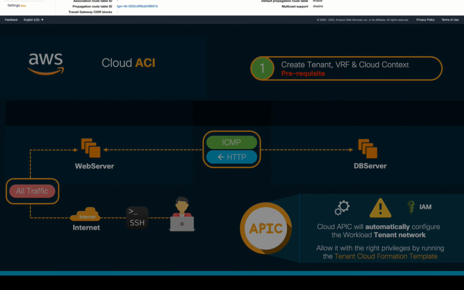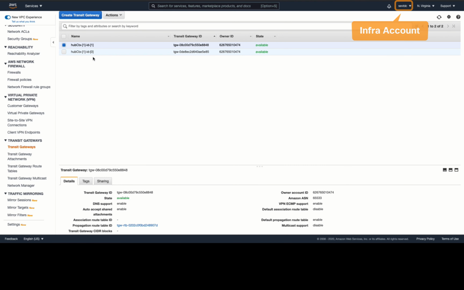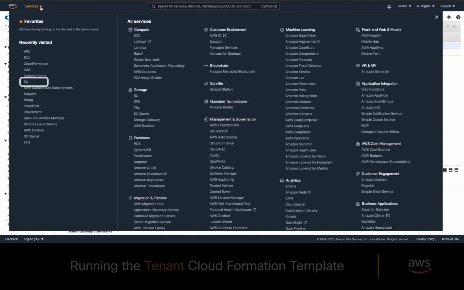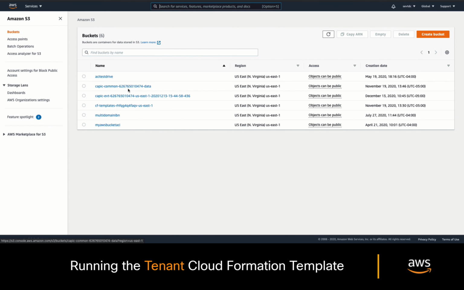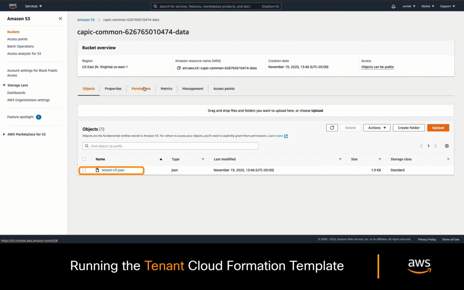Simply go to your AWS console on your infra account and click on the S3 service. You will see some Cloud ACI S3 buckets, which were automatically created as part of the installation process. Click on the one that includes the word common, and you should see the tenant CloudFormation template as a JSON